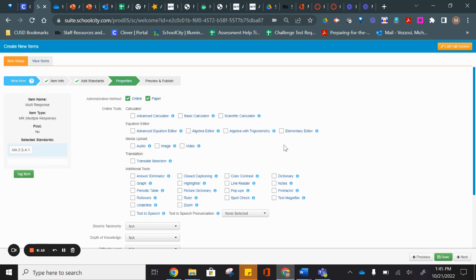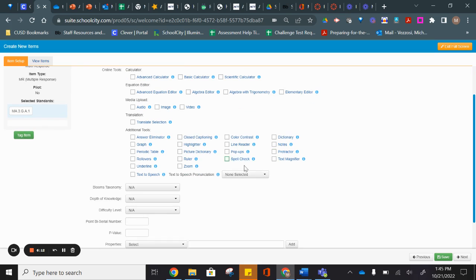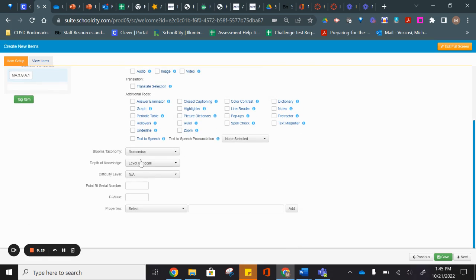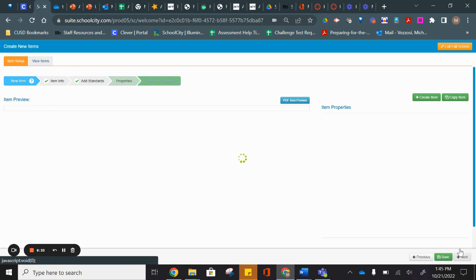Once you've done that, you can go down here and you can definitely select Bloom's taxonomy and you can choose whatever it is. So remember, depth of knowledge is recall. Difficulty level, you can certainly incorporate that. You can leave these blank and you can still save it. It's up to you. But once you get to the next screen, it might be useful information